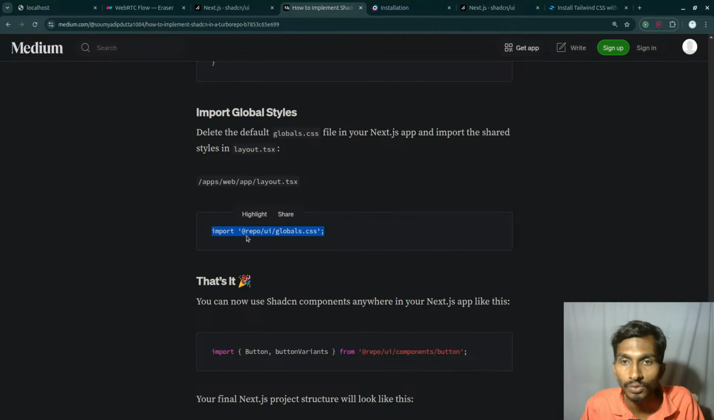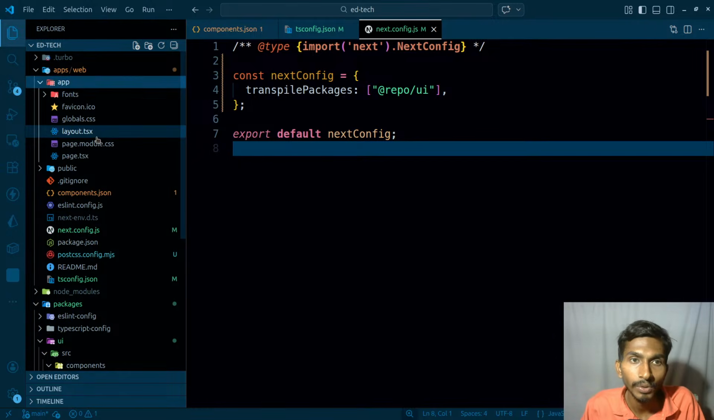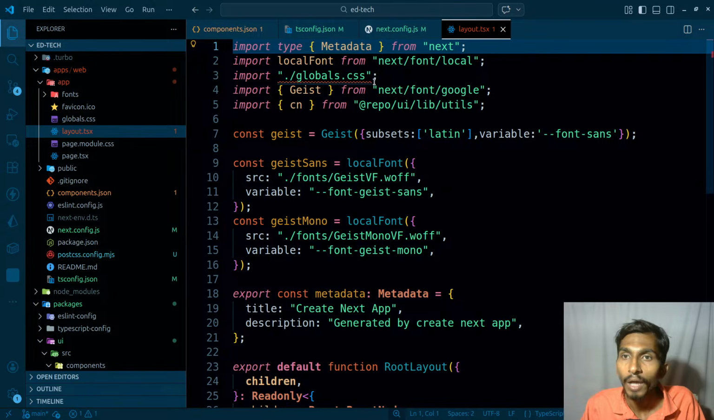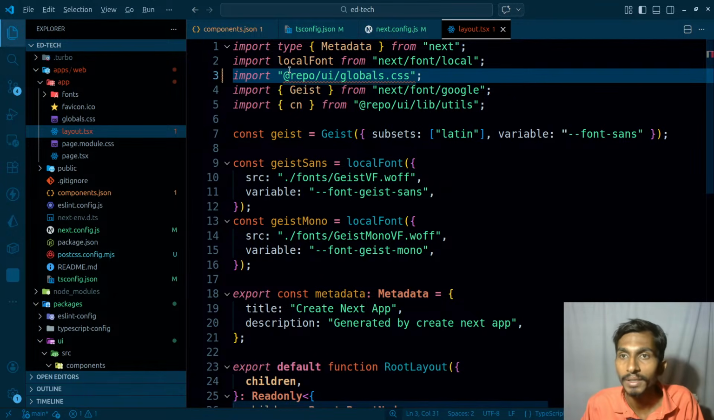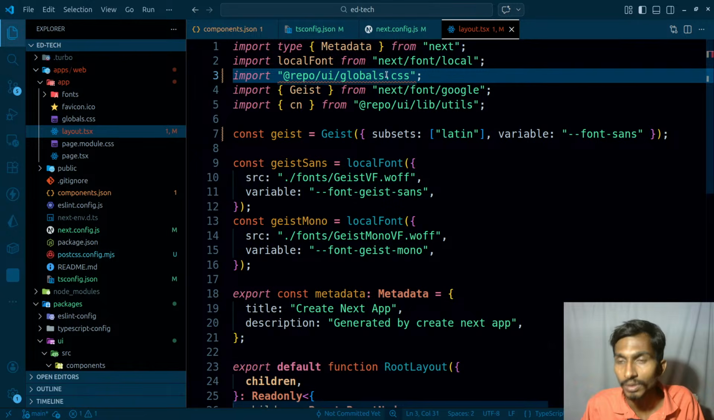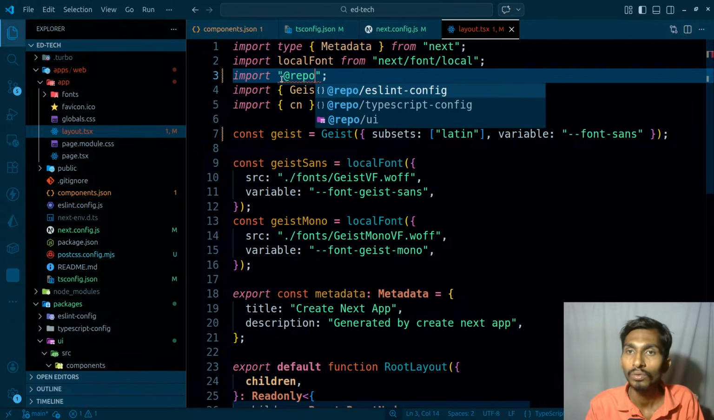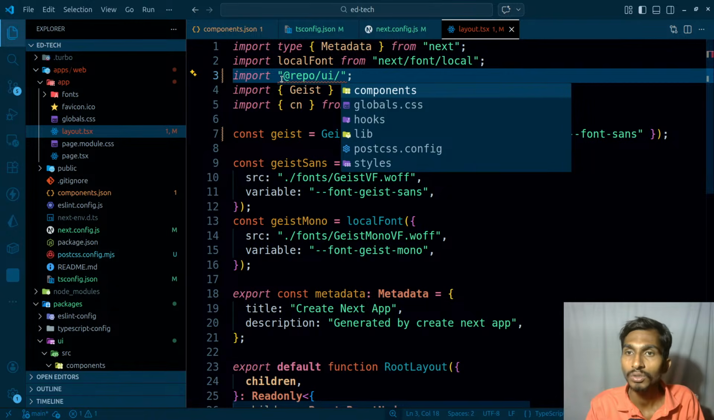Global CSS, so inside layout I can import global.css. So instead of getting this particular global CSS here, in app layout I've been getting this global CSS, I can get it like this. And @repo/ui/globals.css, I hope, let me check the @repo/ui/glo